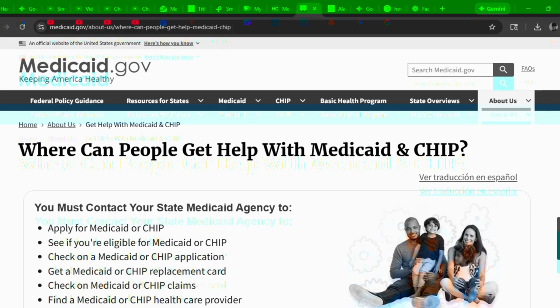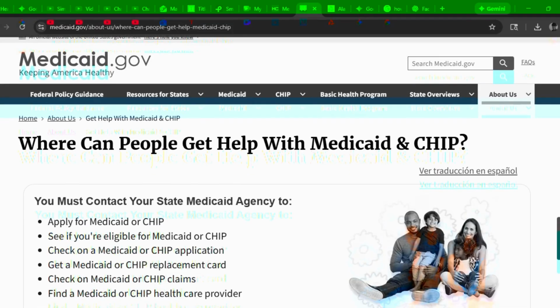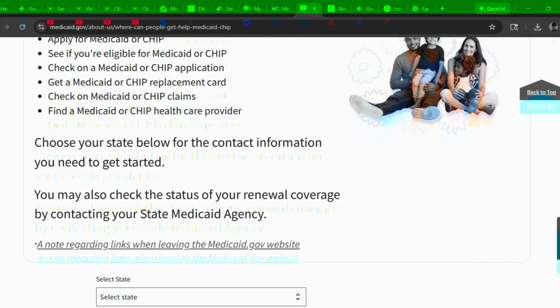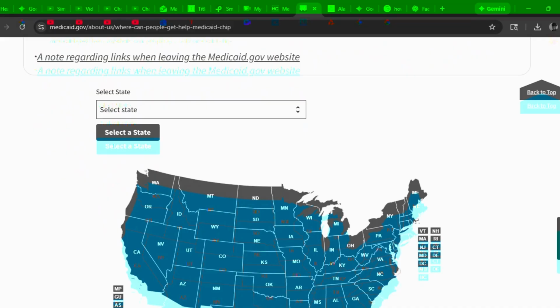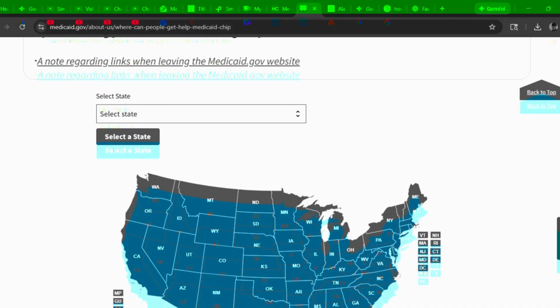So, with that being stated, create your checklist, put everything that you need or the one that you're caring for may need, and then if you decide to call, you can do that. You can get the phone number on the website. So this is the map. If you scroll down with the page at the very top, if you remember, just so you know what page to be on,